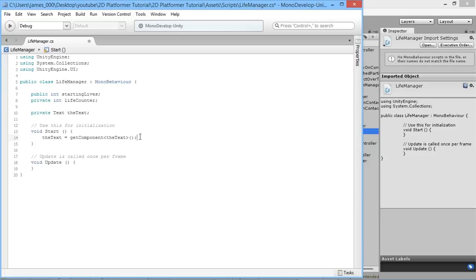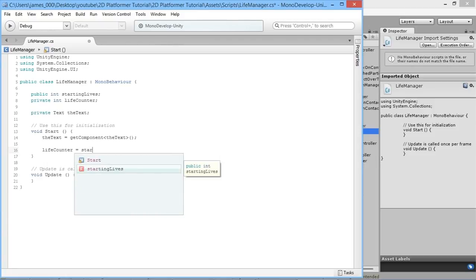And also in the Start function, we want to make sure that the life counter is equal to starting lives. There we go. So now basically we're going to just make it very simply show up how many lives we have. So we'll just go theText